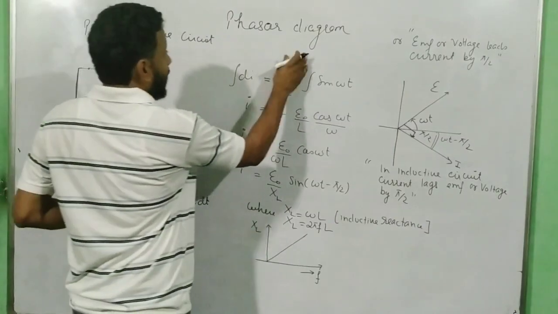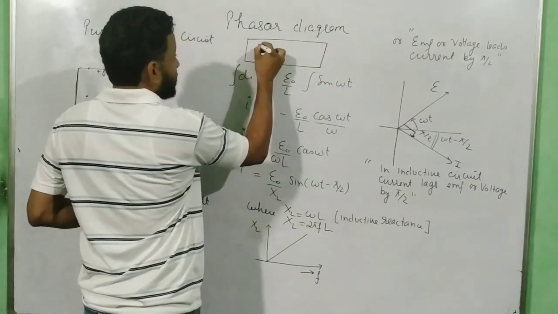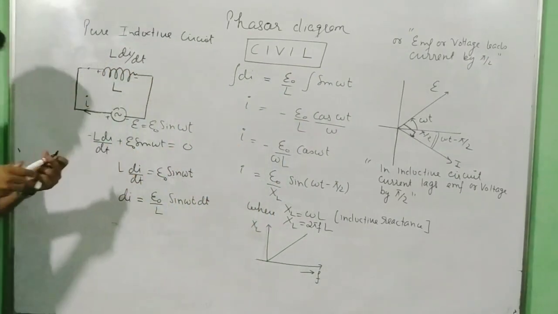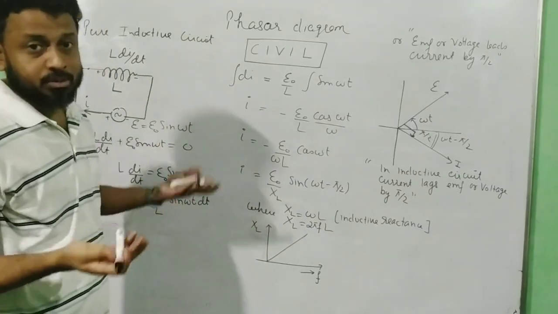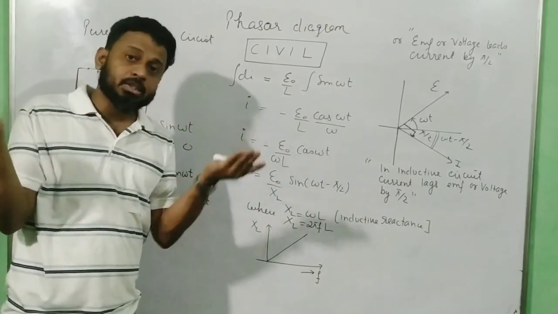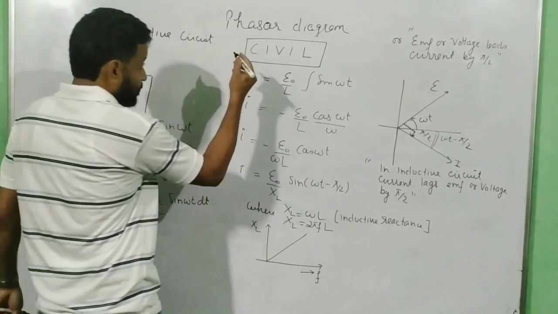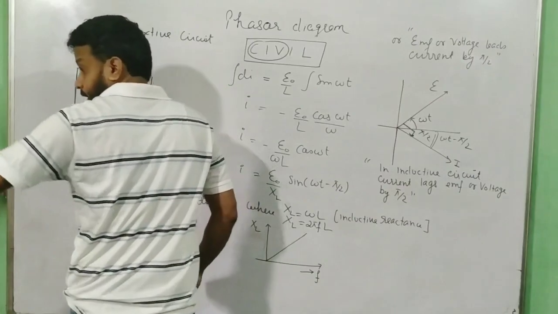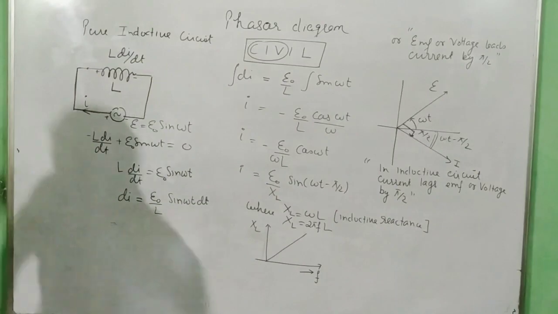Now, generally, how do I help my student to understand this? The way my teacher helped me to understand this, I also make sure that my students get an idea of this by using a simple trick called CIVIL. Just remember, it's a very simple word called CIVIL. Forget about resistance. In a resistive circuit, current and EMF are in the same phase. The confusion lies in the capacitive and inductive. Here, in CIVIL, you first encircle the first three.